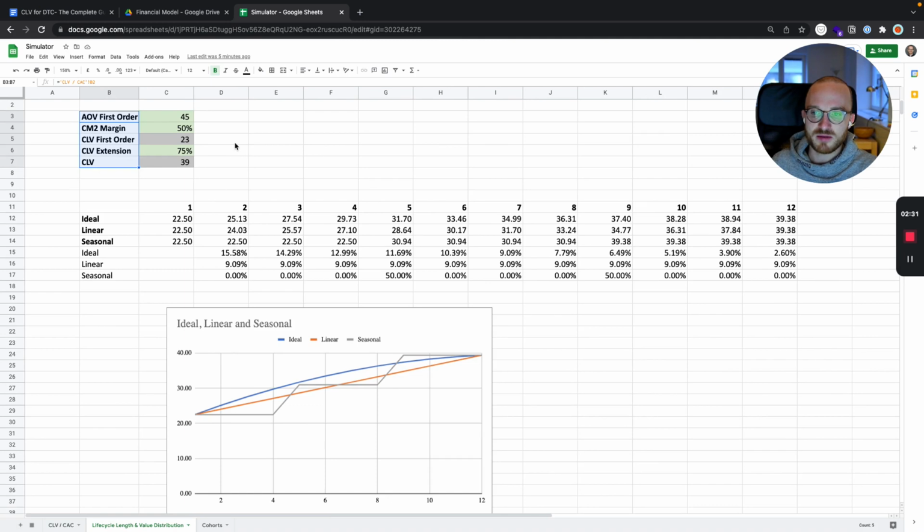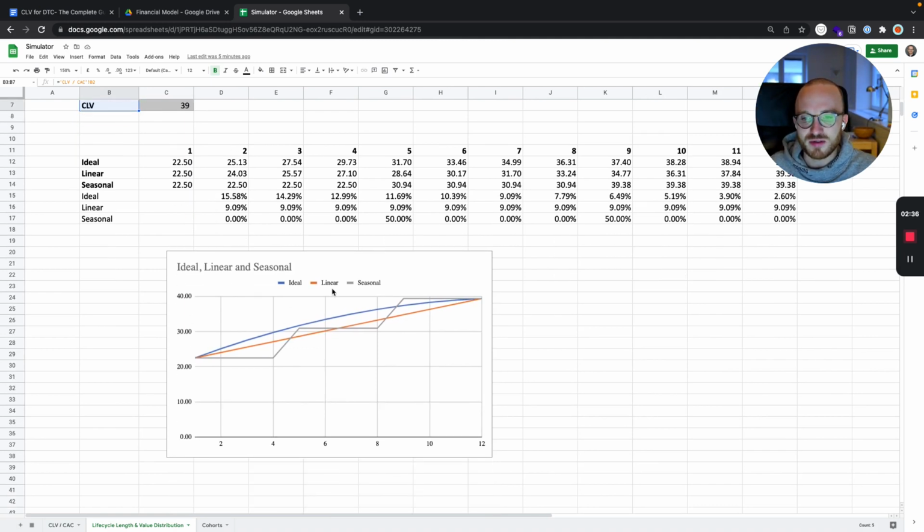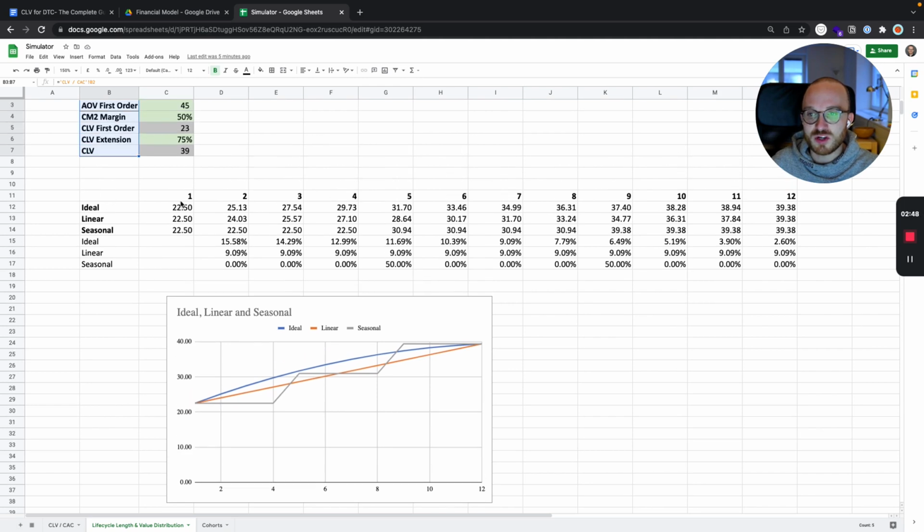this tab here. So basically we have the same numbers here, and now I kind of created different scenarios. Ideal, which is like the concave example that I talked about in the article, which is usually the case, linear and seasonal, and they're all starting out here at 20 to 50 because you're generating 50% margin on that 45 in the first order, and then depending on the distribution, they generate money at different points in time, and basically the gaps here between those lines are the gaps in cash flow that you have between the different models, and